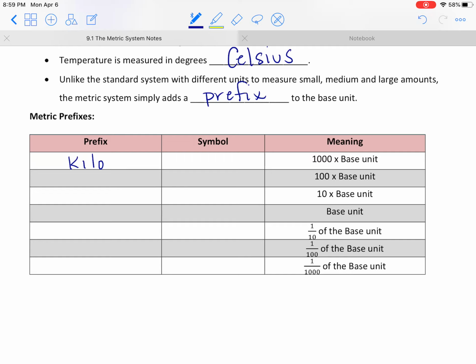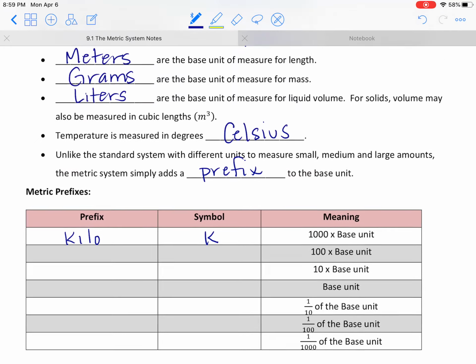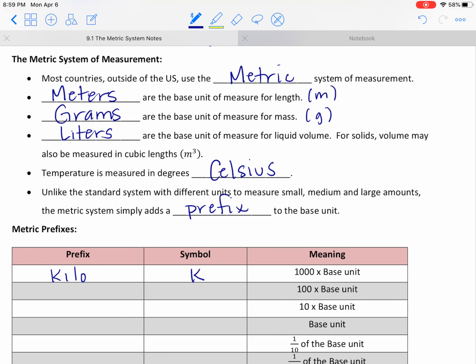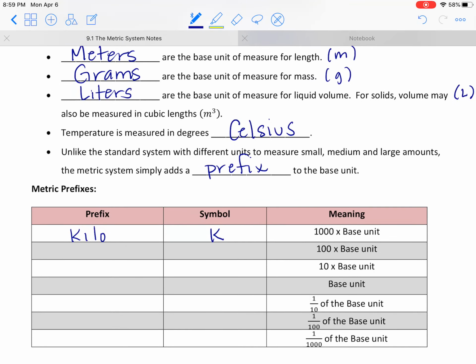We have the prefix kilo. So we could put that prefix in front of any of our base units. So we can have a kilometer, a kilogram, a kiloliter, and the abbreviation for it's just going to be a K. I should have put the abbreviations for these too. The abbreviation for meter is just M, the abbreviation for gram is G, and the abbreviation for liter is L, and I prefer to use a capital just so that it doesn't look like a 1, although a lowercase is acceptable. Now kilo is a prefix that could go in front of any of those. So again, kilometer, kilogram, and then kiloliter. Those are all